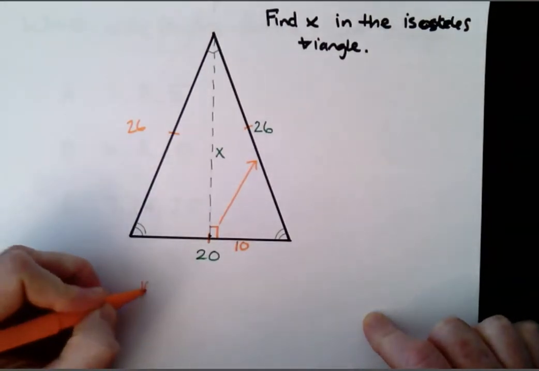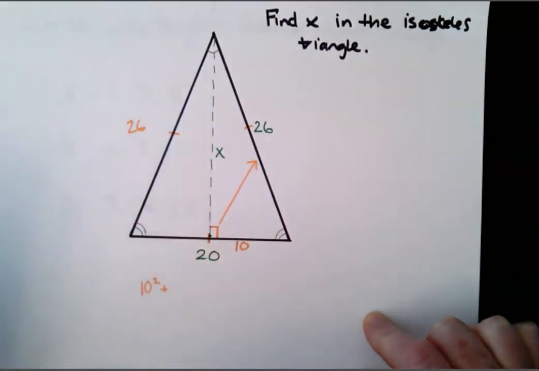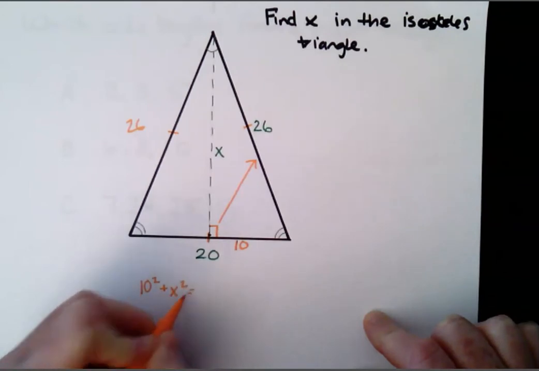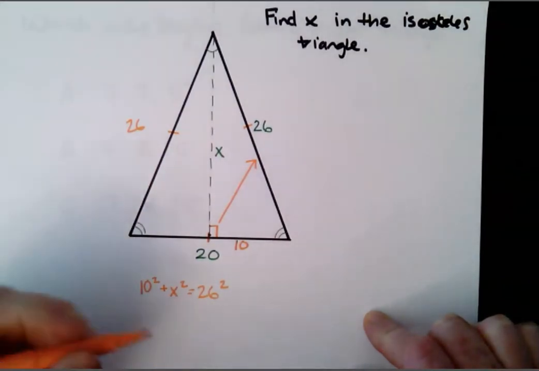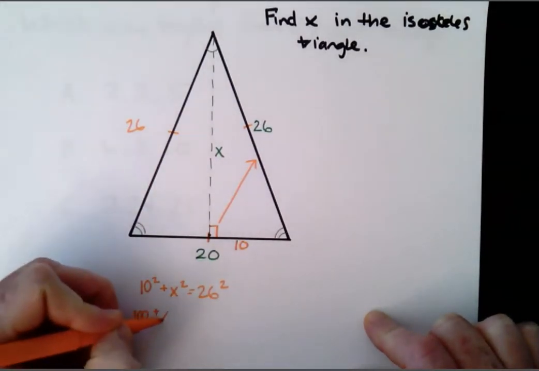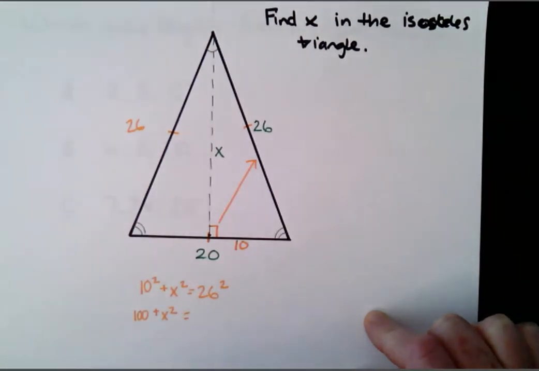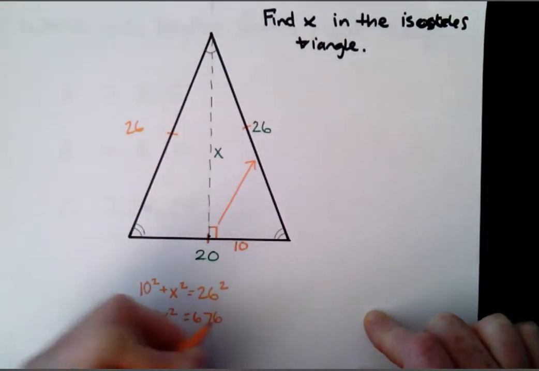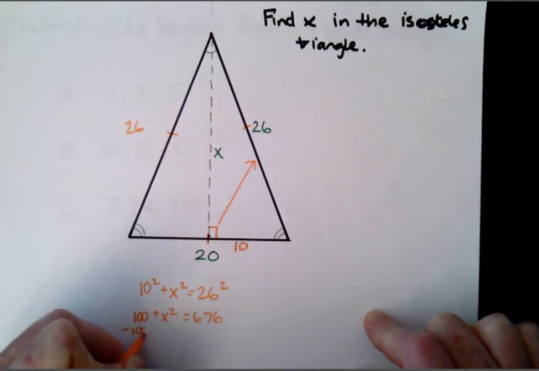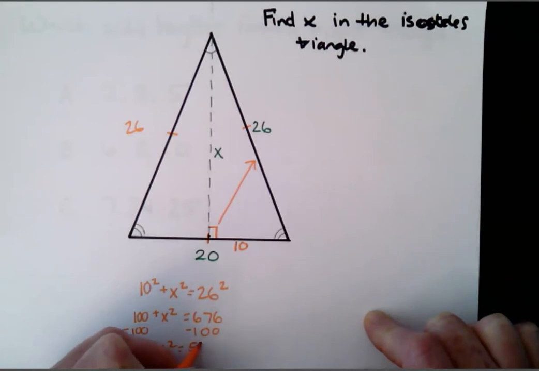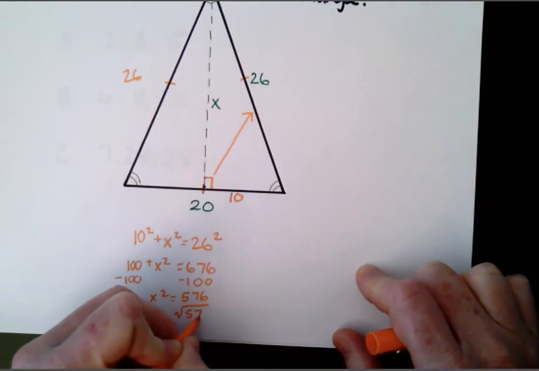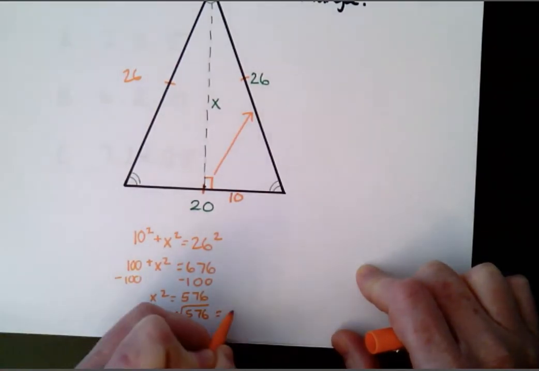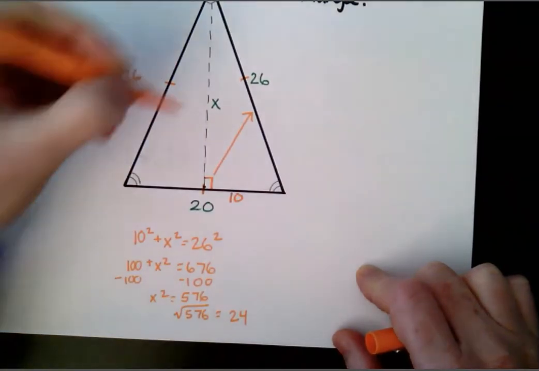So I've got 10 squared plus x squared, since this is labeled x, is equal to 26 squared, right? A squared plus b squared equals c squared. So I have 100 plus x squared is equal to 676. We subtract 100. So x squared is 576. I take the square root of 576 and I get 24. Okay, so x